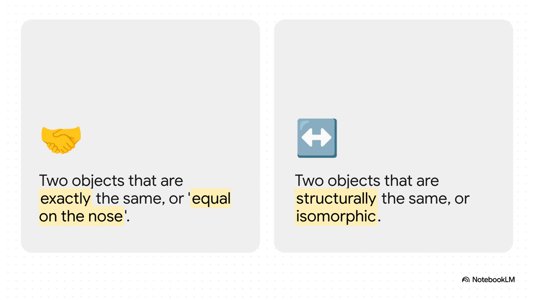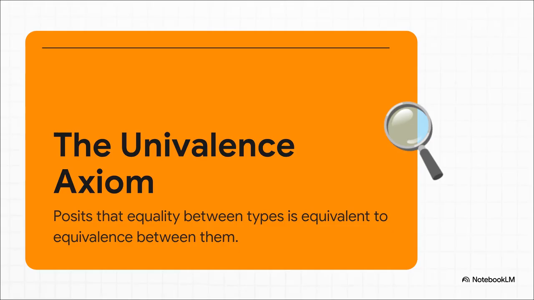But then you have equivalent. And the classic example here is a coffee mug and a donut. I mean, obviously, they're not the same object. But to a mathematician who studies shapes, a topologist, they're basically the same. Why? Because you can squish and stretch the mug into the shape of the donut without ever tearing it. They both have exactly one hole. They are structurally the same. They're equivalent. And that's what the univalence axiom is all about.